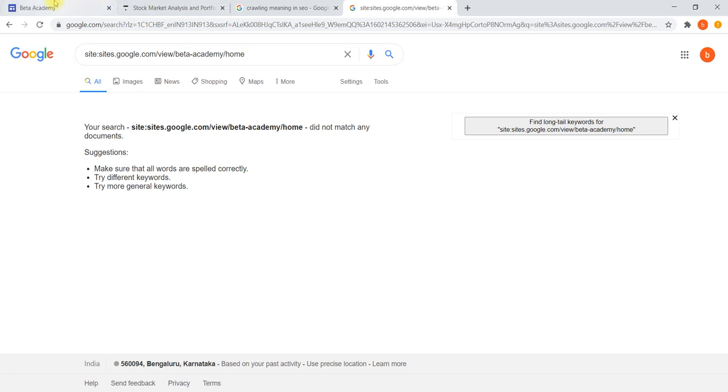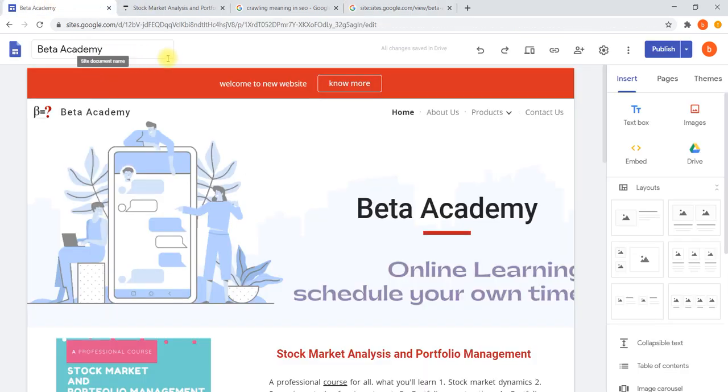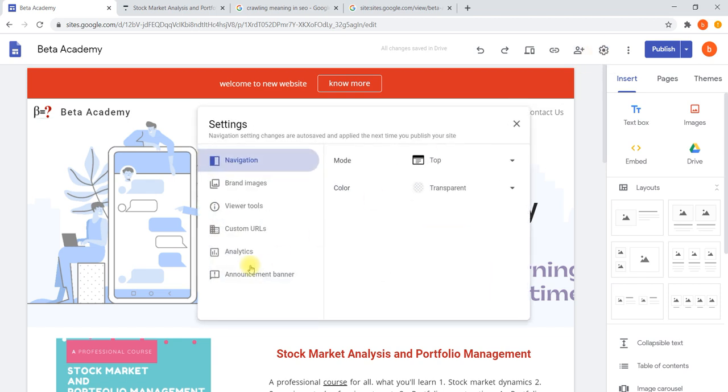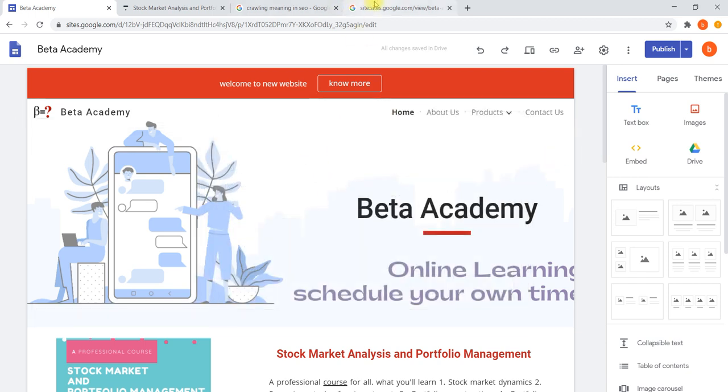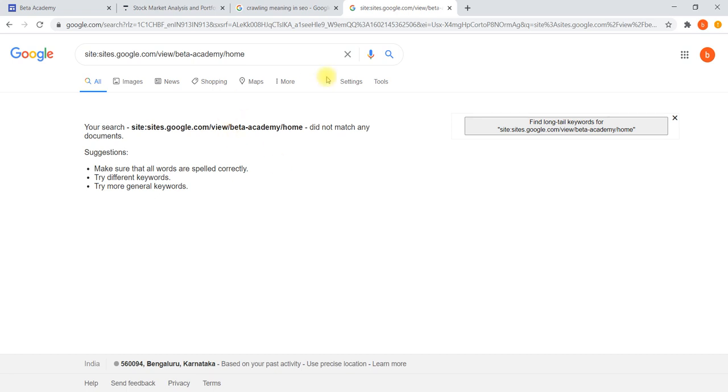Once you have got a domain, if you created a website through Google Sites, then you can come back here to settings and use a custom URL. Here you can give your domain to assign that domain to your website, so that you will get listed. Once you have done that, you will get to know about all the pages which are there in Google.